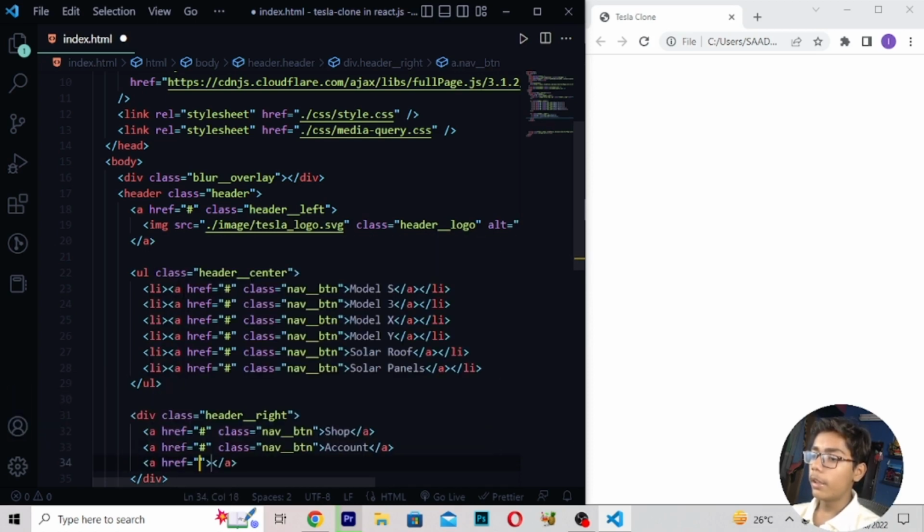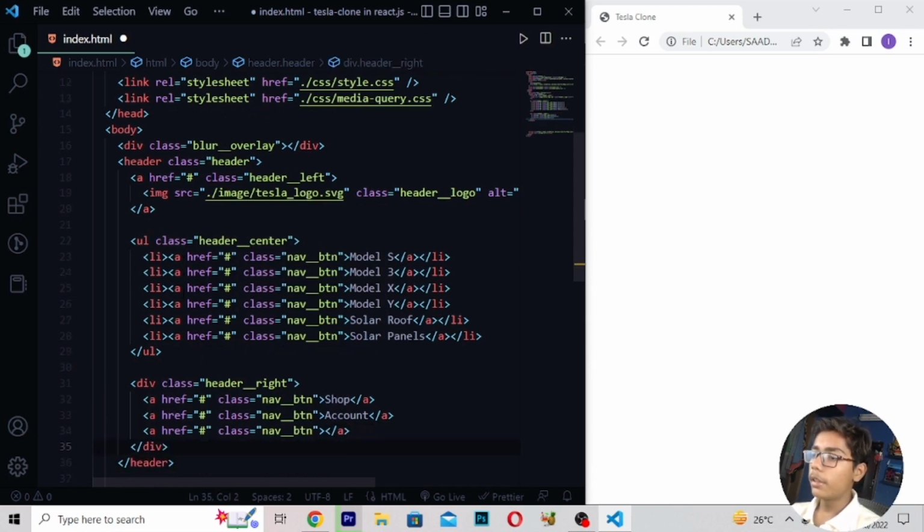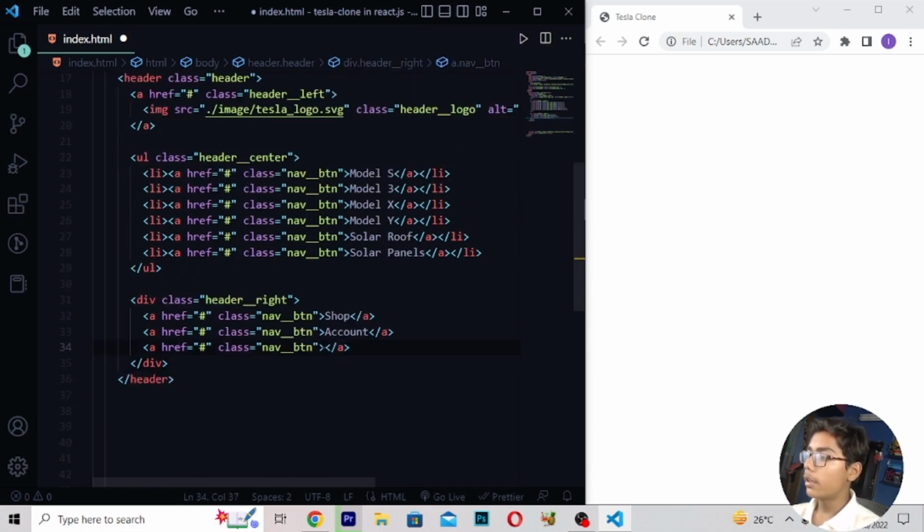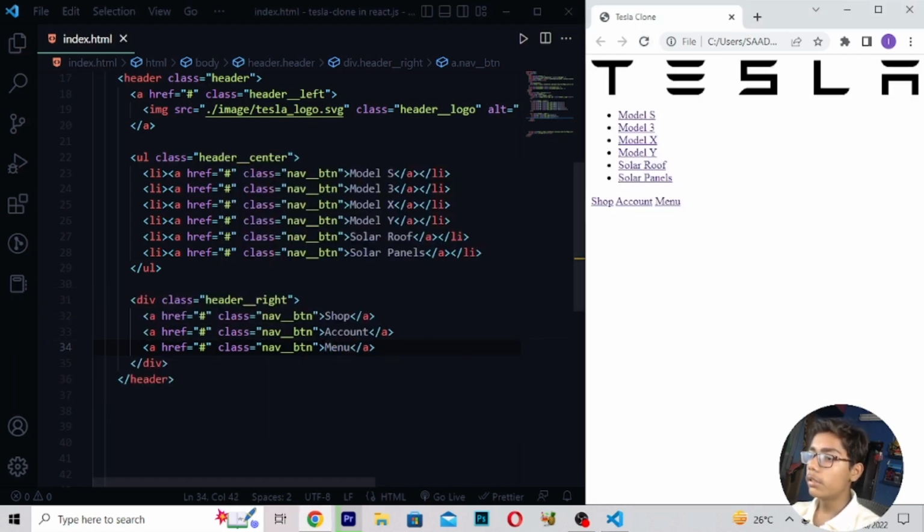Then I will be writing here a tag, right class navbtn. Then when you've written this, here I will be moving in this center. Then right here menu, save, and then here you have to reload. So now when you are getting all these stuff, here I will be just doing one thing. I will be writing here menu btn. Now here you have to save, and after saving, when you've written all these things, here I will be just moving down after this tag.